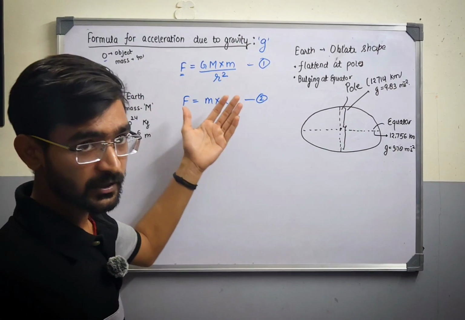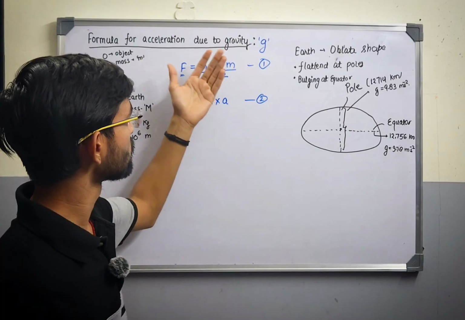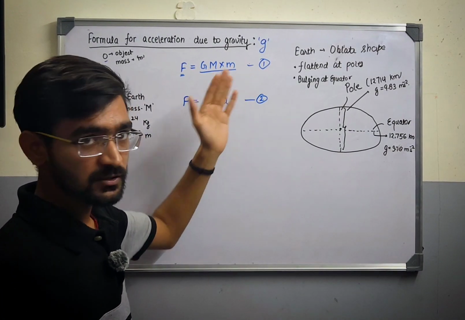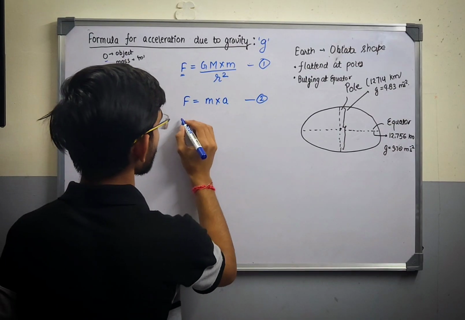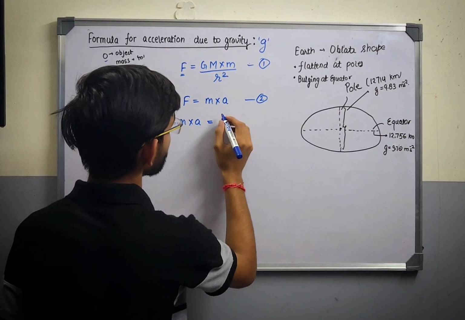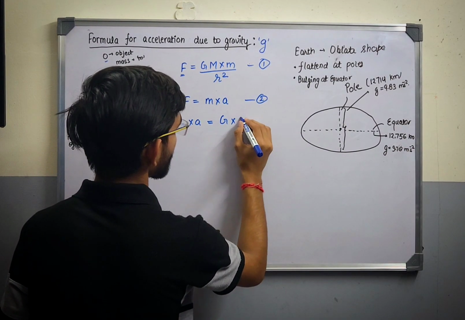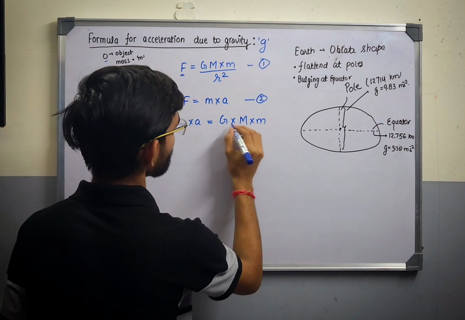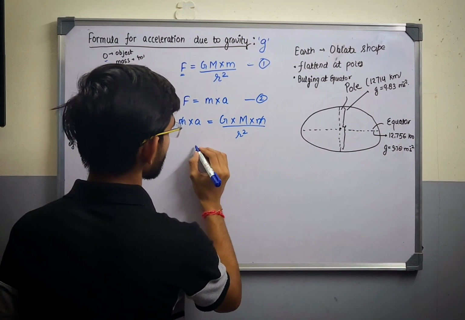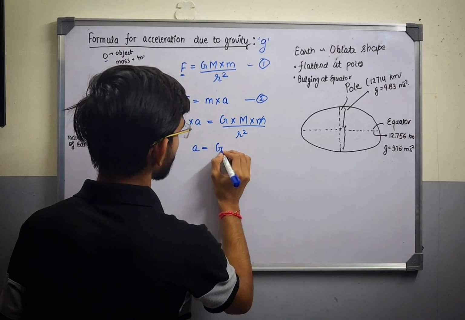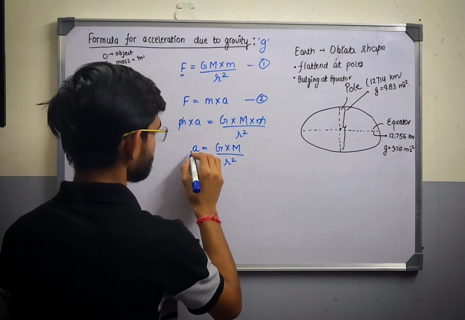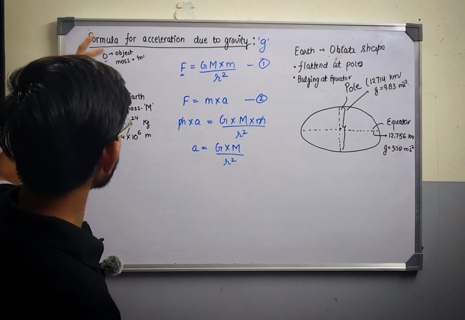The left hand sides of equation 1 and equation 2 are equal, so both right hand sides will also be equal. So from 1 and 2 I can write m into a, where this m is the mass of the object, equals G into capital M into small m upon r squared. Small m and small m cancel out, so we can write the acceleration of that object is G times M upon r squared. This is the acceleration of that object,